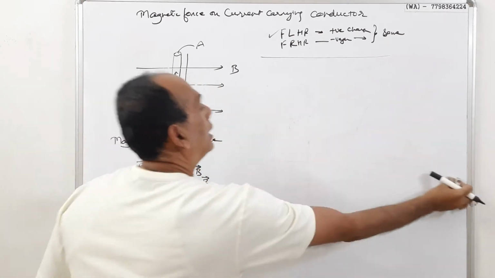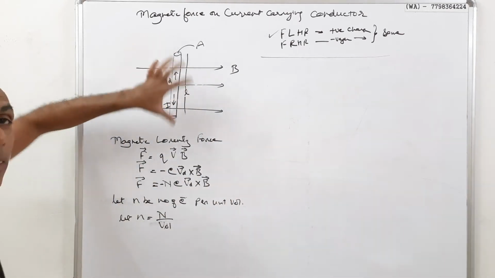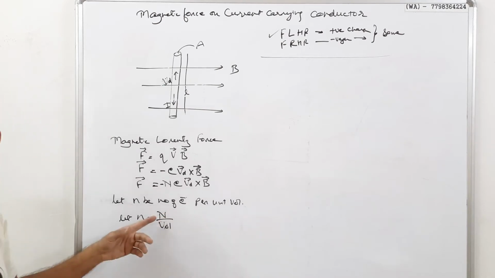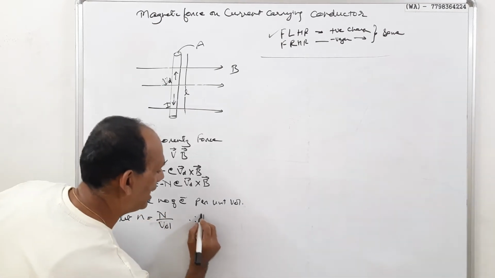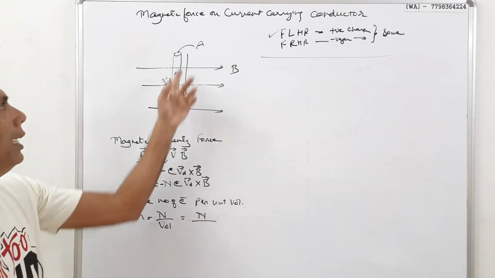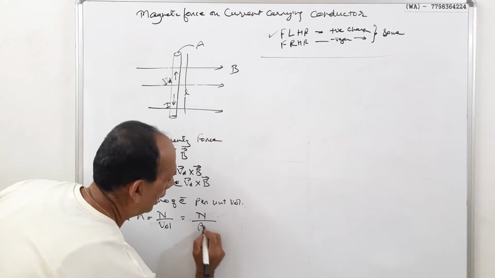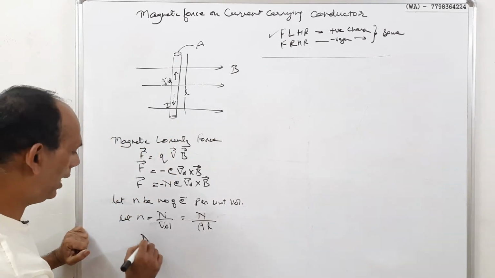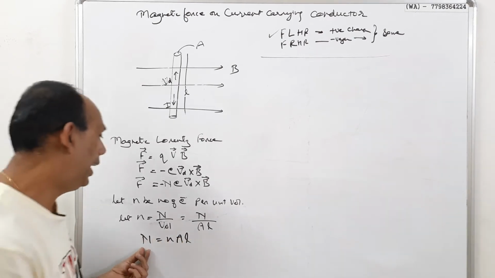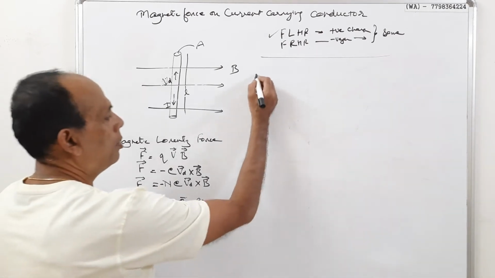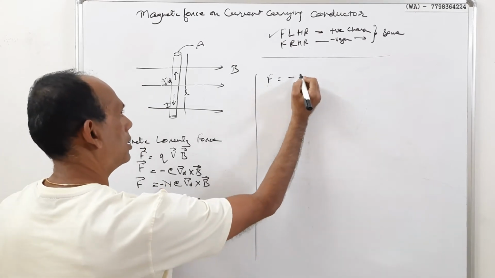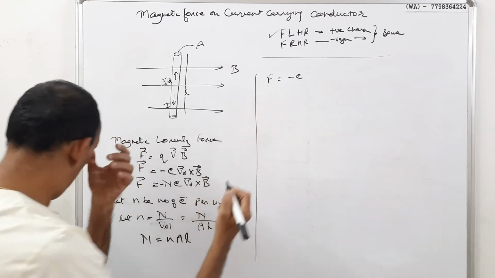What we have done is, on this conductor there are parameters, that is a standard n, the number of electrons per unit volume. So we get n, or I'll write this before, n upon what is volume? A into L, right? Very simple, AL. So we have n now. N is equal to N upon AL, right? So n, replace it. So our force becomes F is equal to minus E N AL